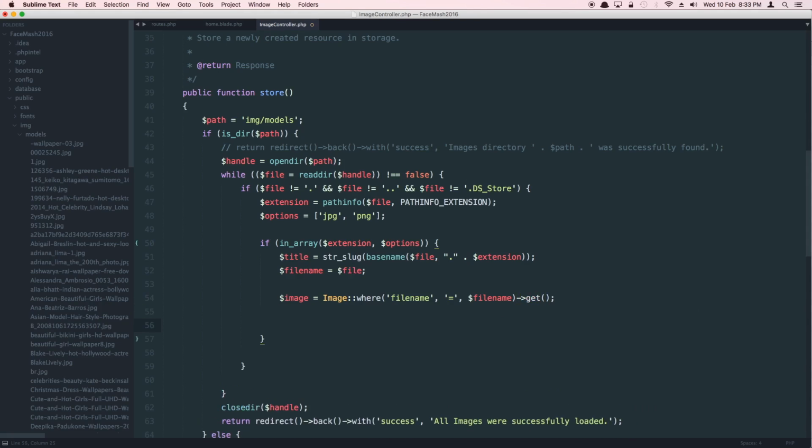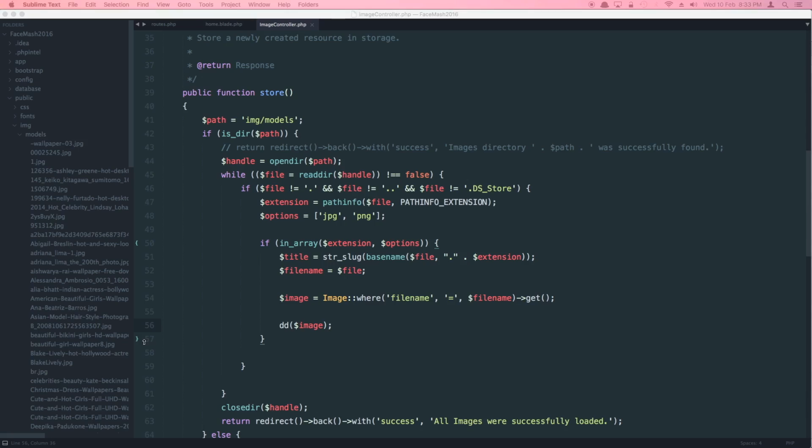Now it's going to give us if this file exists in the database, and we can die and dump this, but you'll see that there's no results. You can just refresh it and it'll resubmit the form. It'll return us an empty array. So there's no data with this. So basically that's how you search. Make sure, and